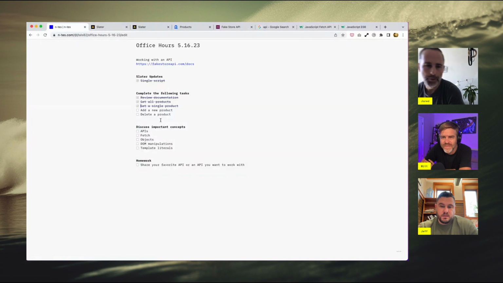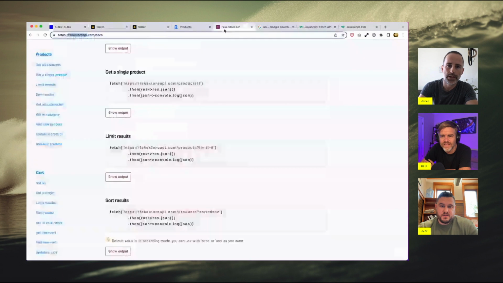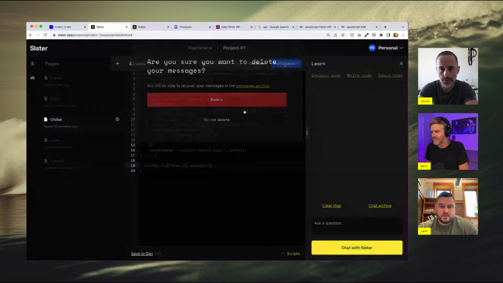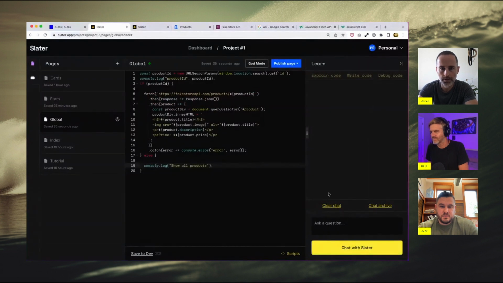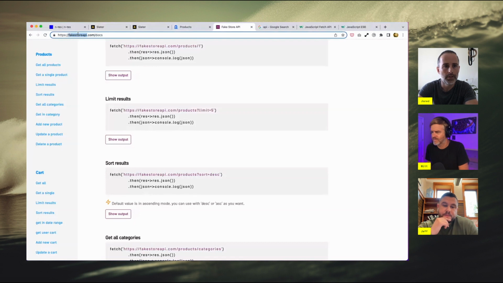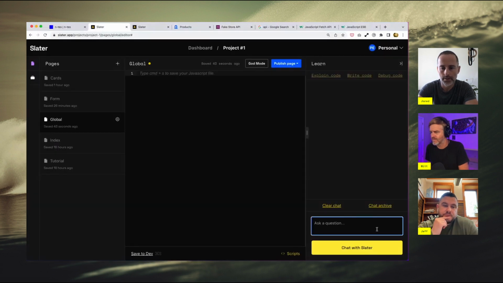Okay, so let's actually post data to this API. And this one's interesting because it is a fake API and anybody can post to it. So I'm not exactly sure how they're handling this, but I'm sure we can use Slater to make this work. So let's start over and let's say I would like to post a product to fake store API,